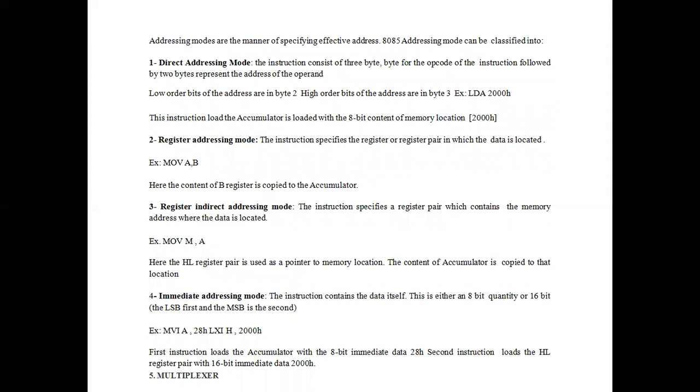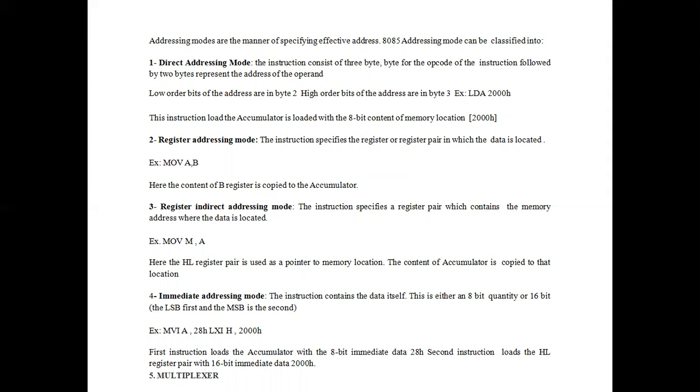Example: LDA 2000H. Then register addressing mode. So this will be addressed through the register. For example, MOV A, B. So A and B will address the instruction. And then register indirect addressing mode.